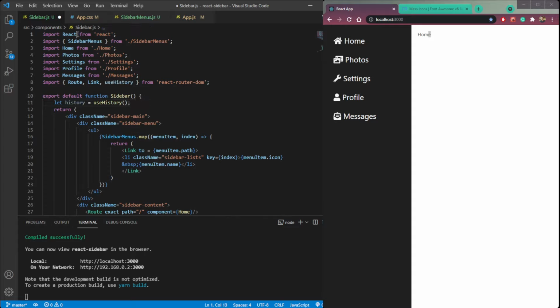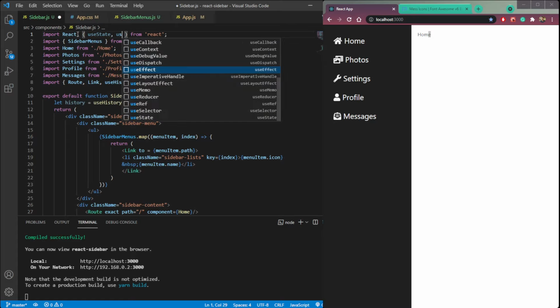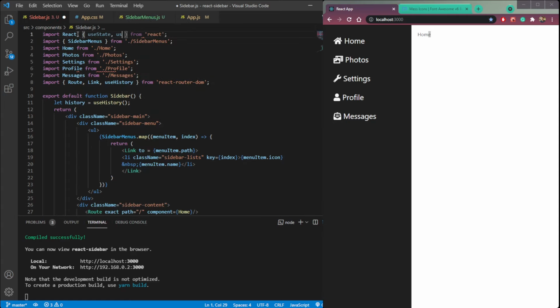Then we need to set the state of our current route. So import useState and useEffect hooks. Then create one state.